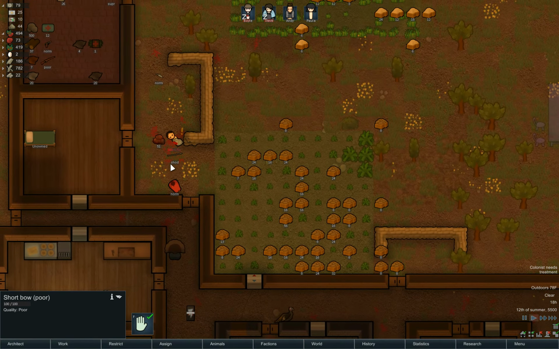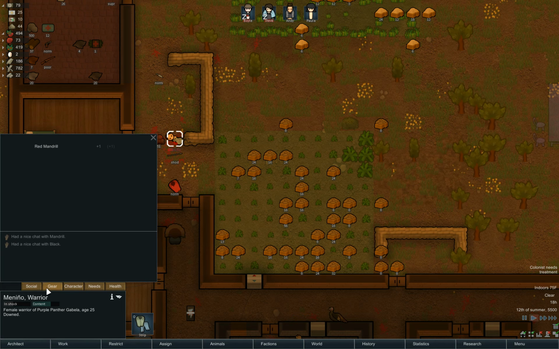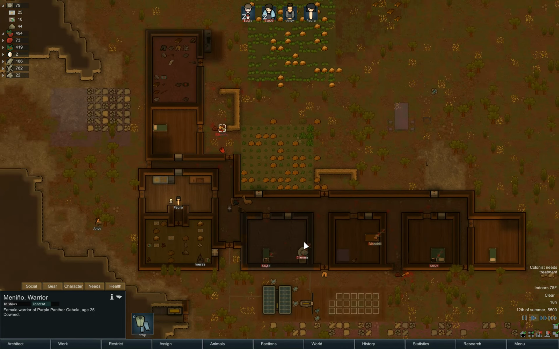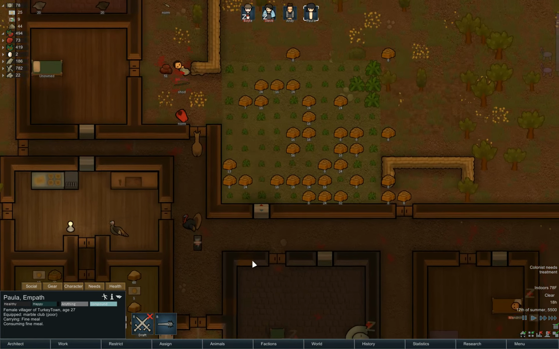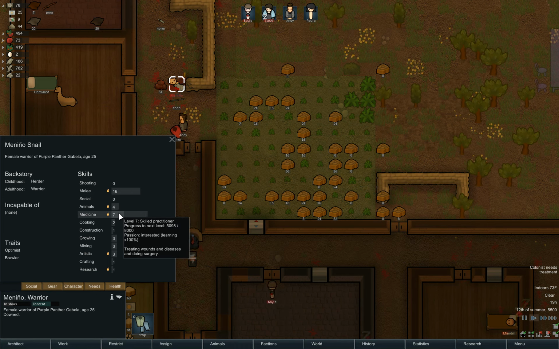I think we're just gonna let Menino here... Menino, I think we're gonna have to let her die, unfortunately, but we just don't have the prison set up in order to take care of her. And her stats, she's really good at melee, but eventually we want to reduce the amount of people doing melee as much as possible. She's good at medicine as well,